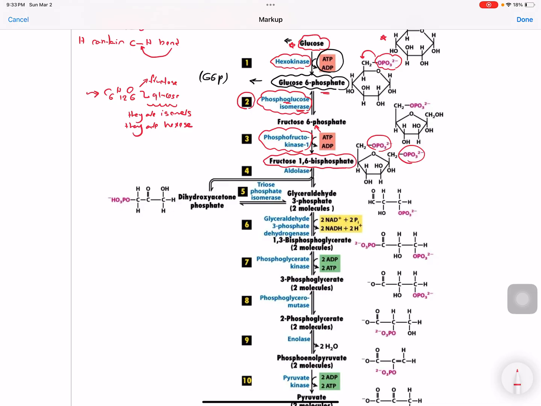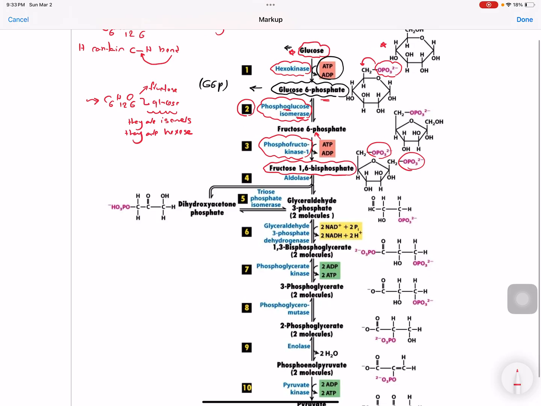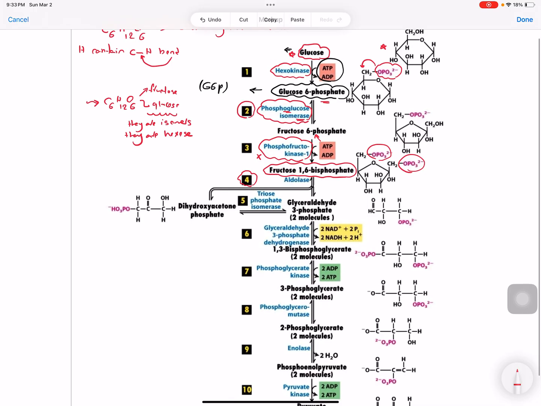This step is very important and is the main control point of glycolysis. So if the cell does not need more energy, phosphofructokinase slows down glycolysis. After that, we have 4 steps. In the 4th step,